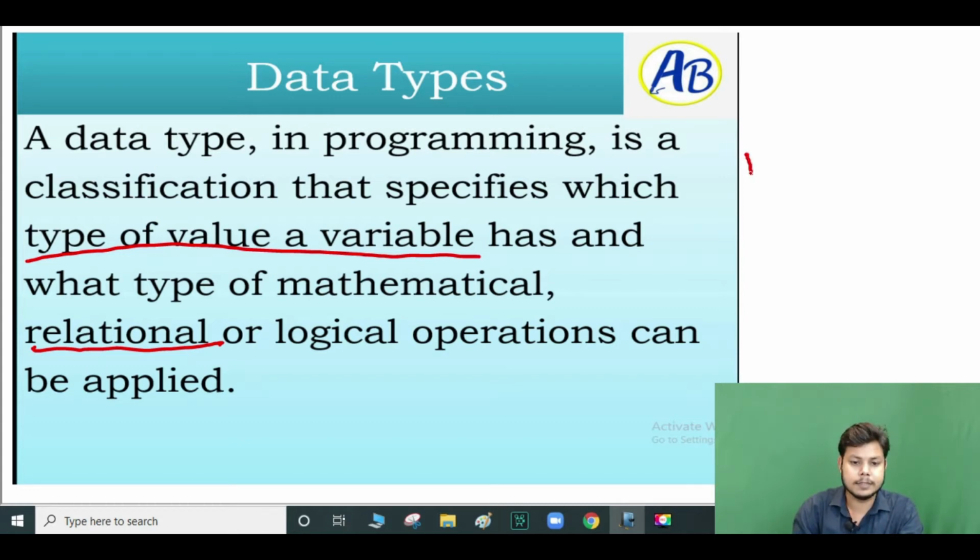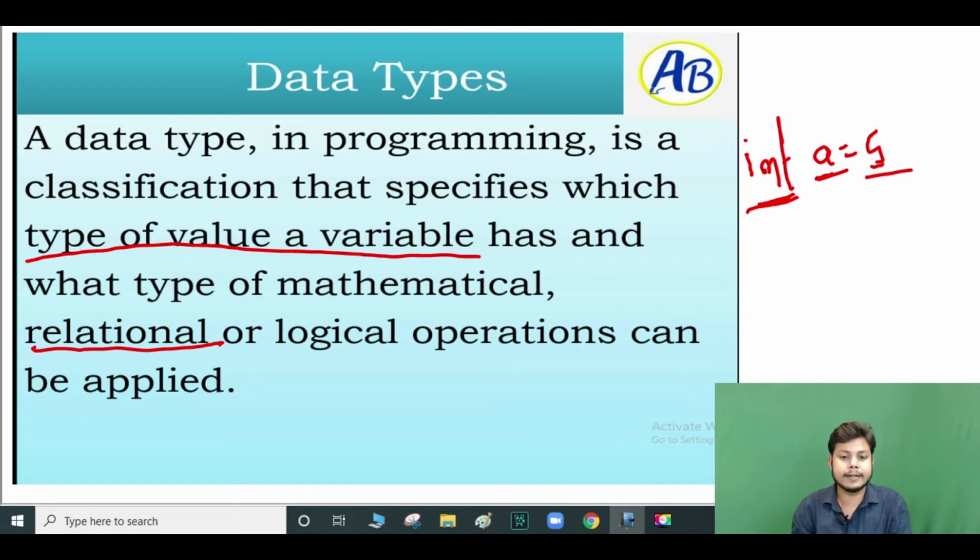Here you can see the type of value. You have int a = 5. This is the variable, this is the type, and this is the value. So what type of variable is it defining here? This is an int type of variable, meaning what kind of item is getting inside the container. That is the type. And what is the relation? A mathematical relation. If it is float, it will take decimals, and double will take large numbers. We will discuss all of this, and also how logical operations work.